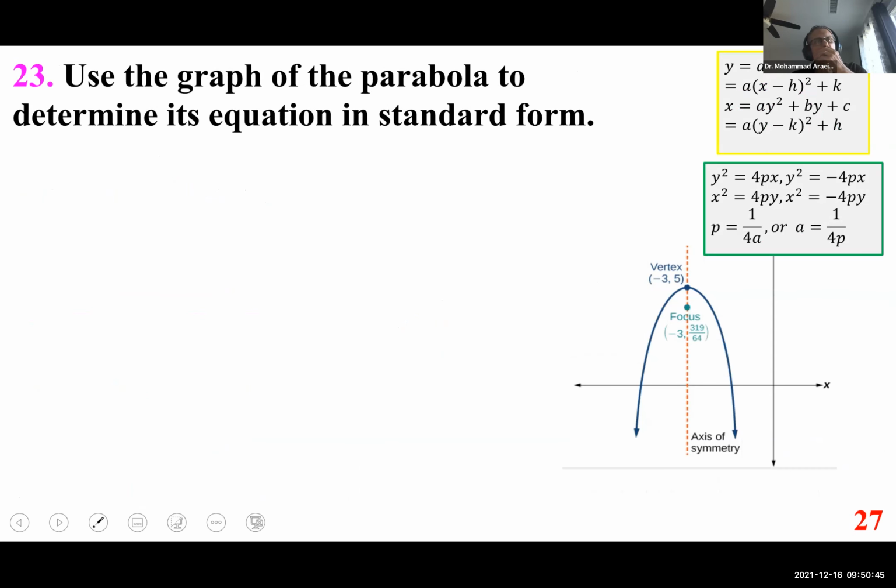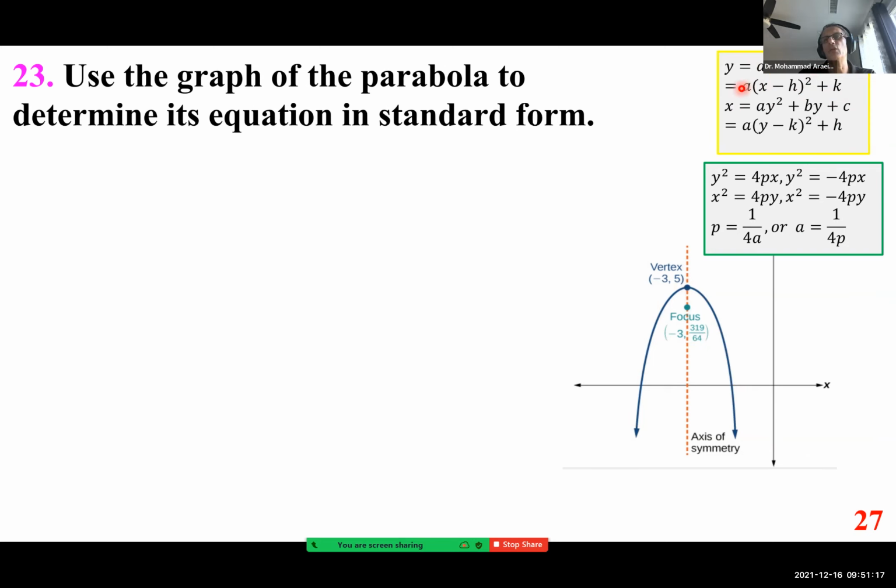Use the graph of a parabola to determine its equation in standard form. And I want to look at this both ways, the way we approach it in this course and also intermediate algebra. I'll go over both of them just to remind everybody what we have. So when we look at the graph, it opens down. So right away, it is x has a degree 2. So if we stick with this one,